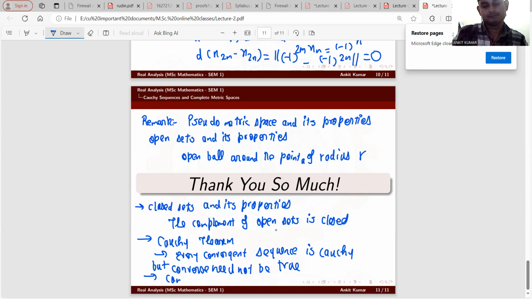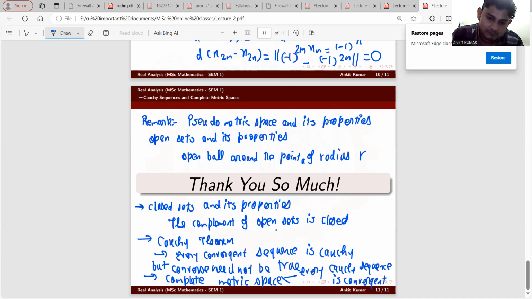थर्ड है कंप्लीट मीट्रिक स्पेस। तो कंप्लीट मीट्रिक स्पेसेस क्या होते हैं? कंप्लीट मीट्रिक स्पेस वो मीट्रिक स्पेस होते हैं जिसमें एवरी कॉची सीक्वेंस कन्वर्ज करती है। So this is a complete metric space. ओवरऑल इस लेक्चर में हमने यही सब पॉइंट्स डिस्कस किए कि कंप्लीट मीट्रिक स्पेसेस क्या होते हैं, डिफरेंट टाइप्स के मीट्रिक स्पेसेस क्या होते हैं, कॉची सीक्वेंस क्या होते हैं, ओपन सेट्स क्या होते हैं, क्लोज सेट्स क्या होते हैं, और भी बहुत कुछ।